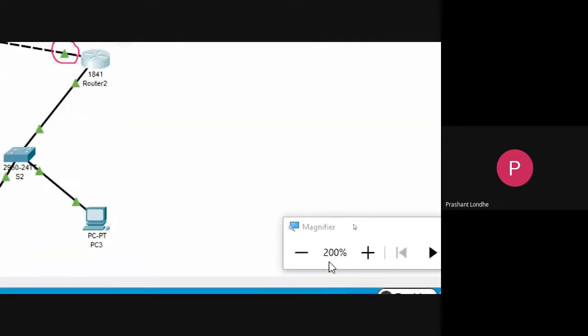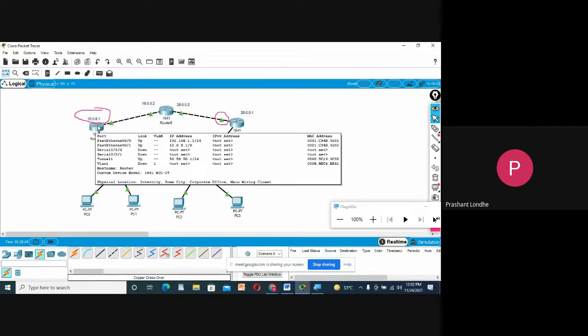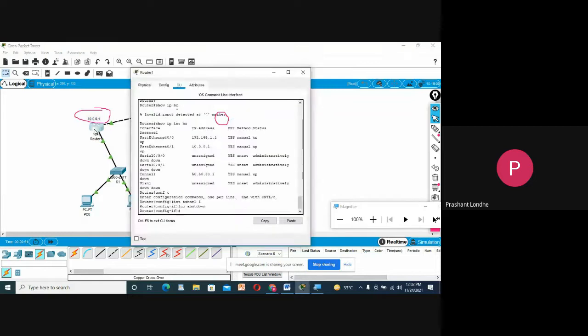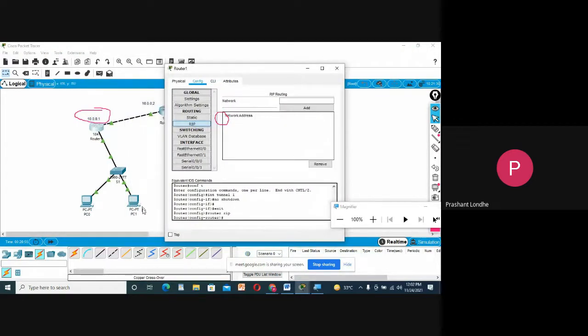Now here there will be a task for you. You are supposed to set the routing between these 3 routers. You can set the RIP, means either you can go to this router, go to the config, go to the RIP, and enter the IP addresses as per your requirement.